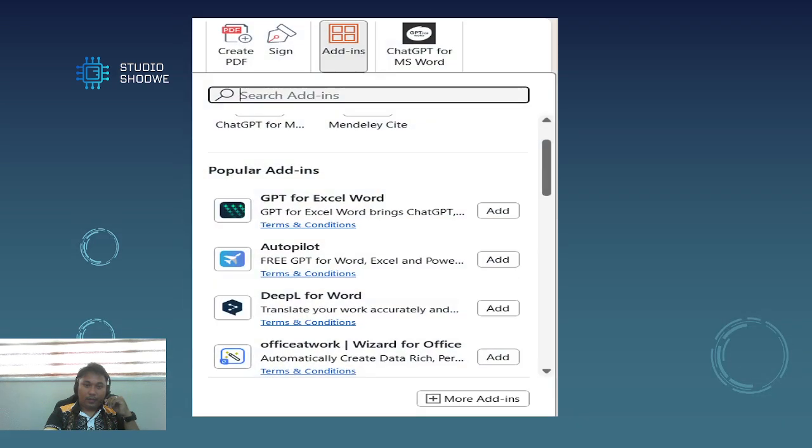Okay. Then if you want to add other applications, in the arrow, these are your already installed applications, your add-ins. Then if you want to search for another add-in or application, just click here in the red arrow.